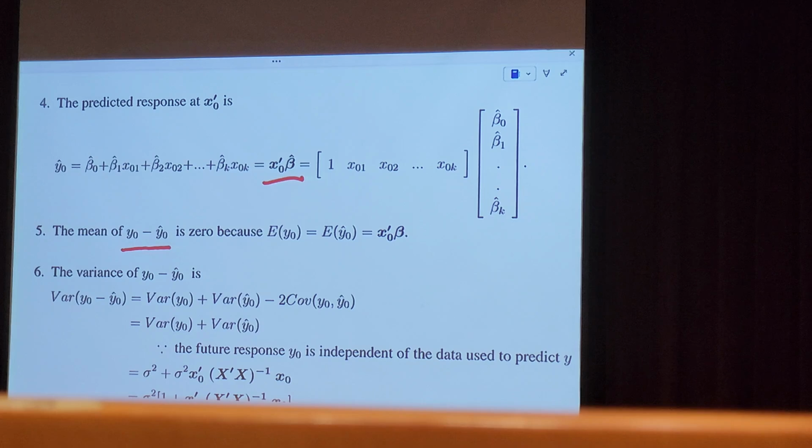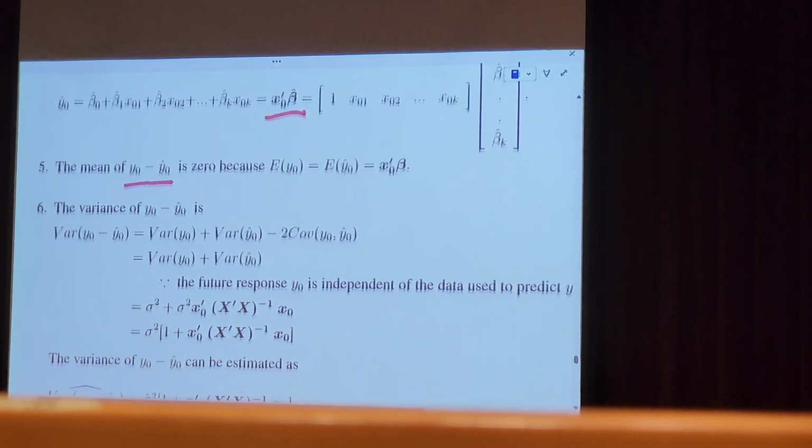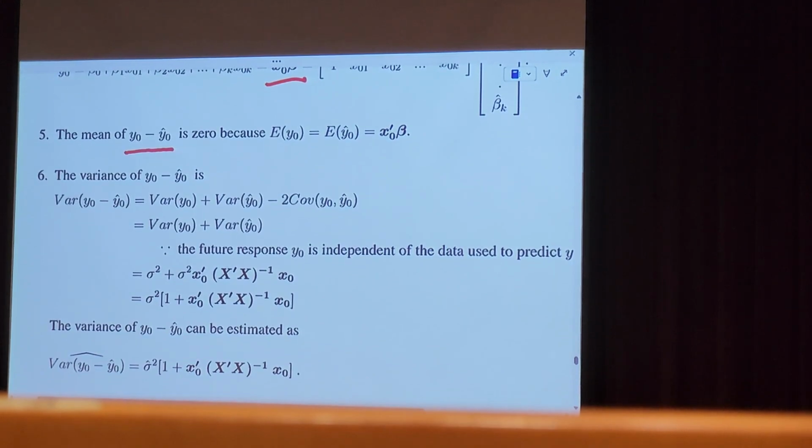Now both are random variables. And the expectation is 0 because both expectations give us the same value, x0 prime beta. Now what about the variance? The variance of the difference of two random variables is the variance of y0 plus variance of y0 hat minus covariance. Now this is 0